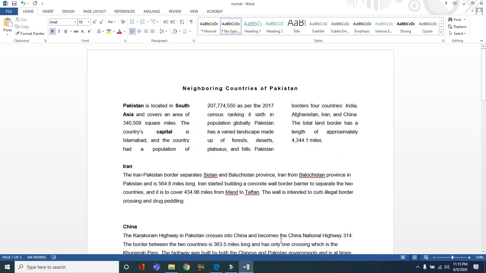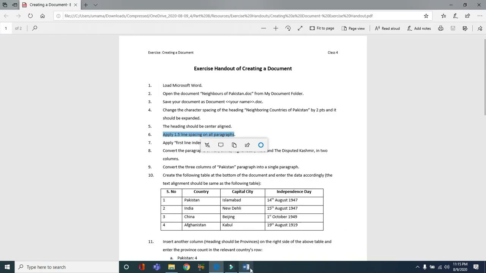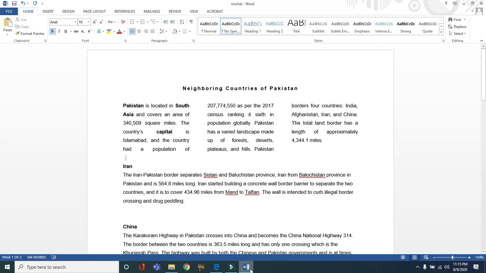Okay, and then what we have to do, let's go. Apply first line indentation on all the paragraphs. So this would come next, starting from Iran. So we have to put our cursor, arrow, whatever you will call it, on the first line and then you can apply the indentation part.